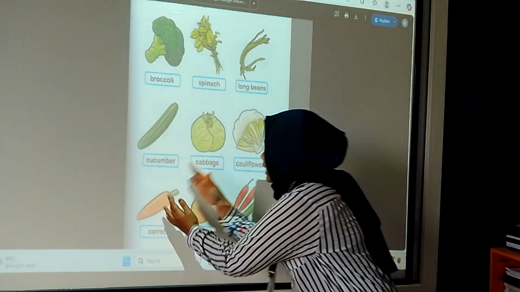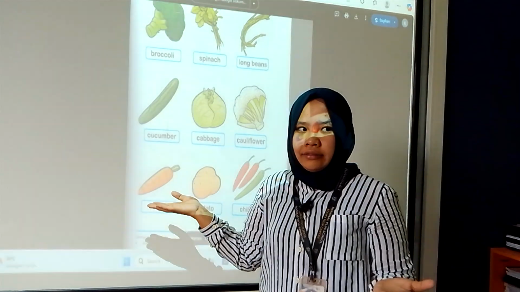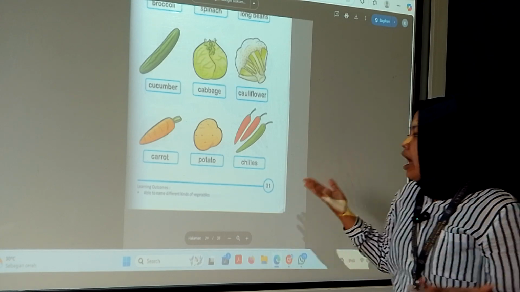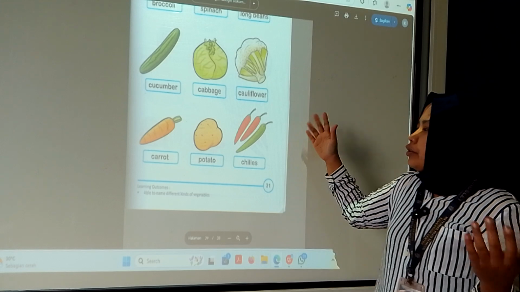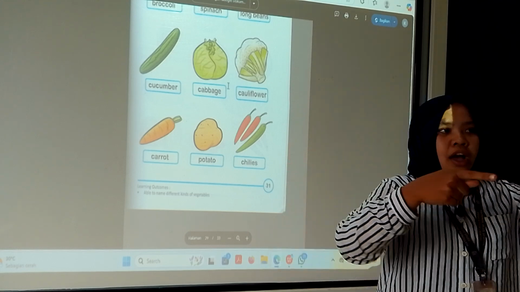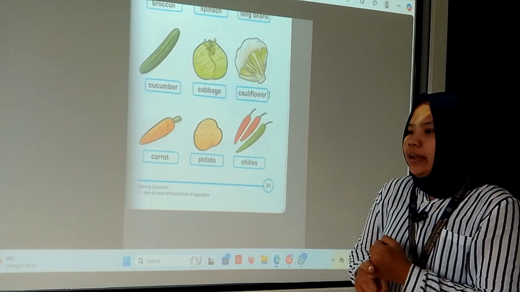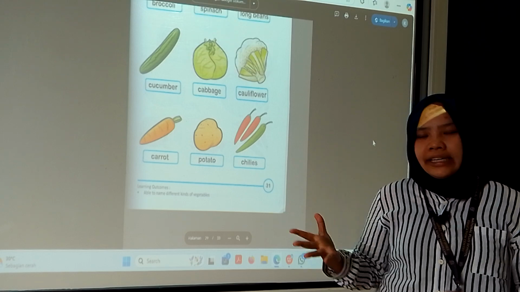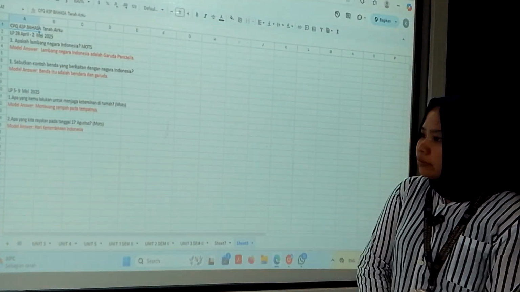Okay, for these with different colors, what is the color of carrot? Orange. Potato? Brown. And the last, chilies? Red and green. Okay, so we need to eat healthy food like vegetables to make your body healthy. Okay, my question is,